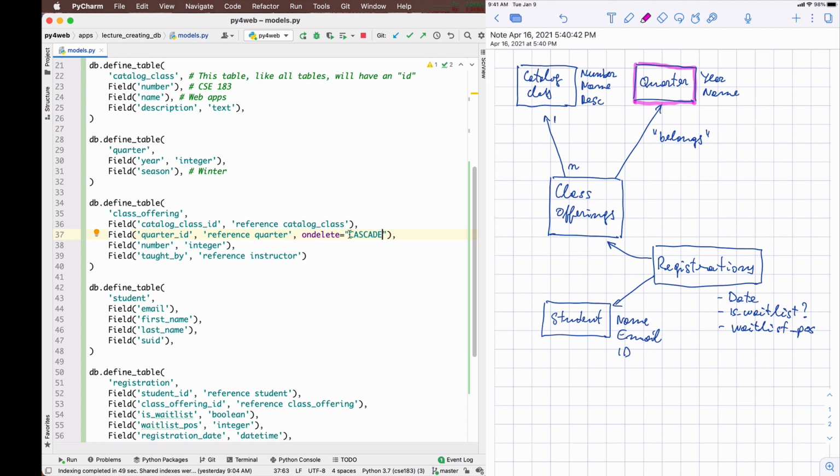Cascade is actually the default, so you don't need to put this, it's optional. So if you delete a quarter in this database organization, you would also delete the class offering if you have set it to cascade. The cascade behavior causes this deletion propagation.